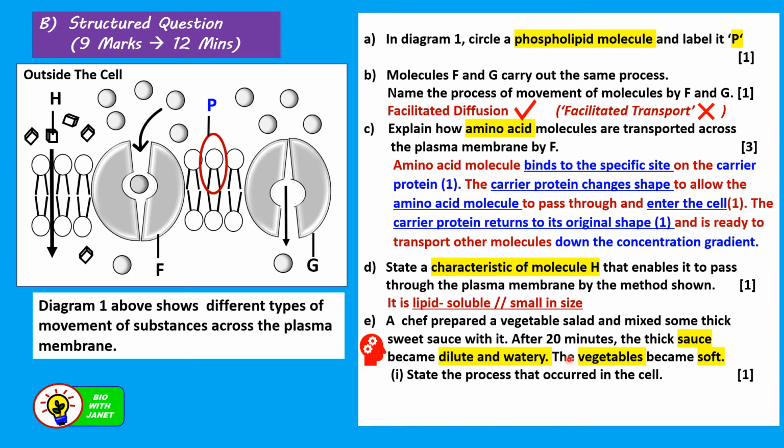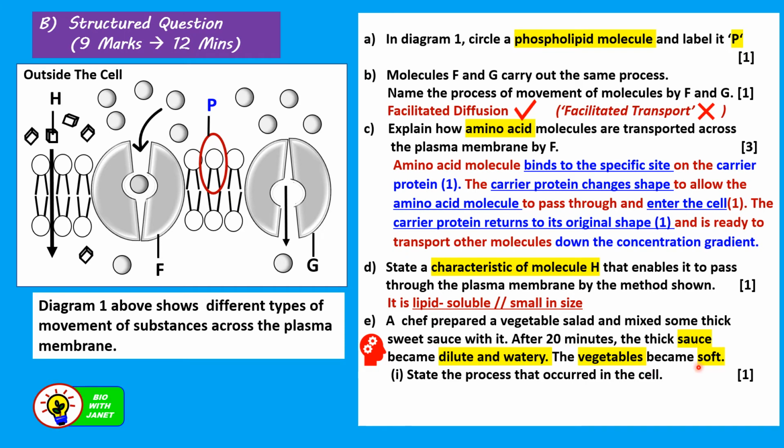Rojak, this is what happens to the rojak if you leave it for some time on the table without eating it. The sauce will become dilute and watery, and the vegetables will become soft, like this. Okay, so that means the thick sauce forms a hypertonic solution to the cells of the vegetables. Then water diffuses out of the vegetable cells by osmosis, and this makes the vegetables lose water,